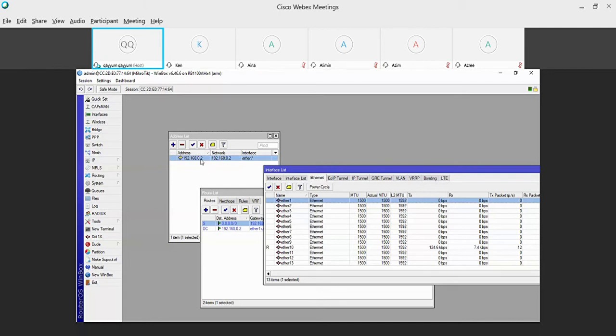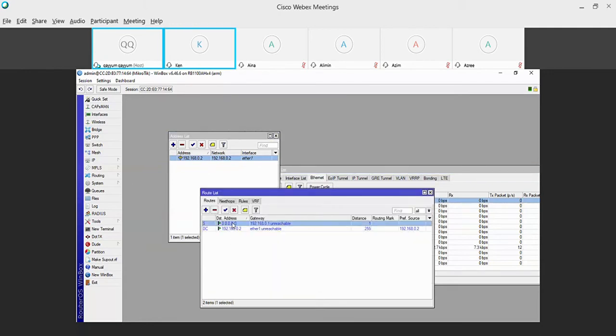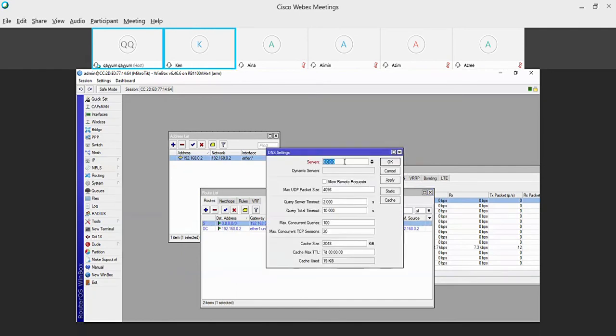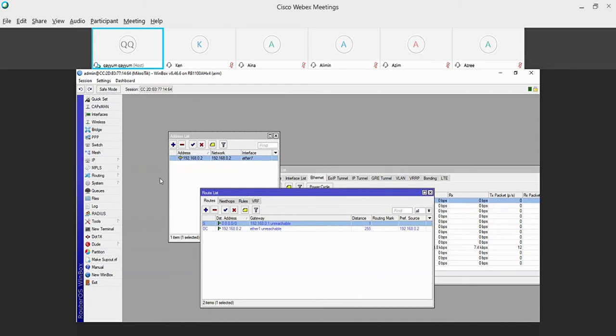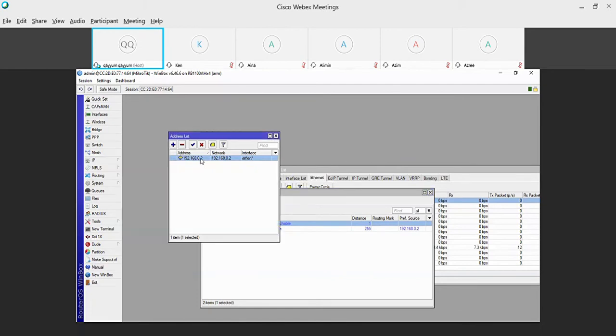Okay, so you set up the IP addresses, you set up the gateway, and then you set up the DNS. Maybe the gateway will be the DNS, or maybe you can put the OpenDNS, for example. Then you masquerade the network. If you're using this local IP and you didn't masquerade the WAN network, it will not get internet. So you need to masquerade.